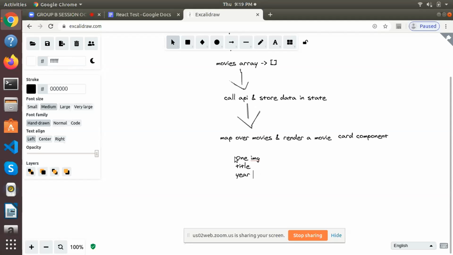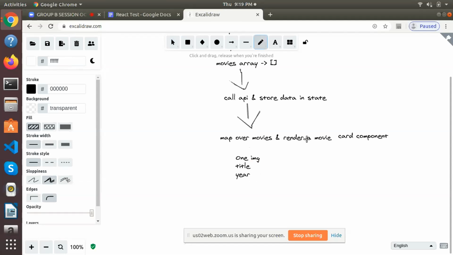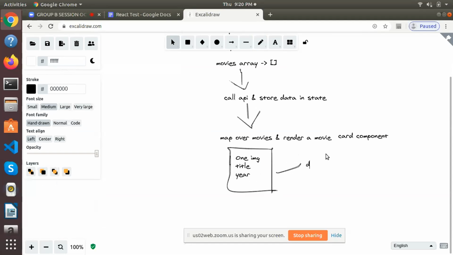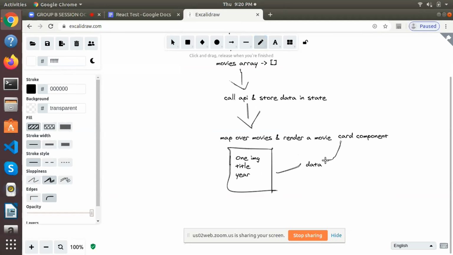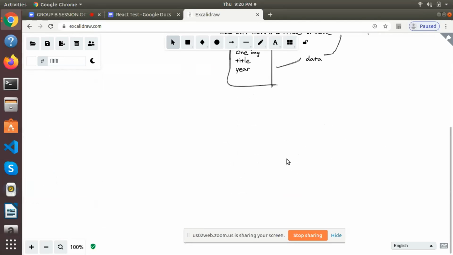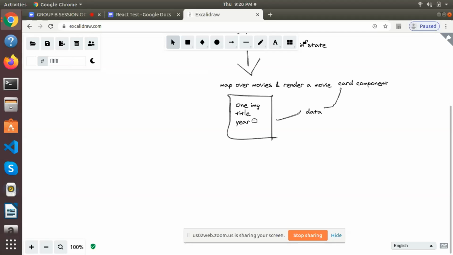All this data you are going to receive from your app.js component, where you are going to mount it. So you need to create this component and pass this data from your app.js as a prop. These things are pretty much clear.